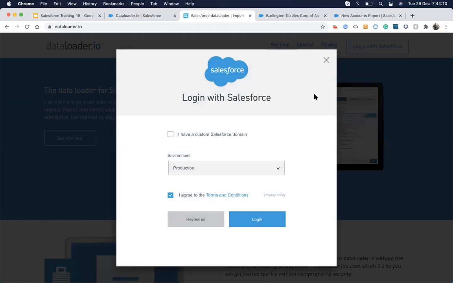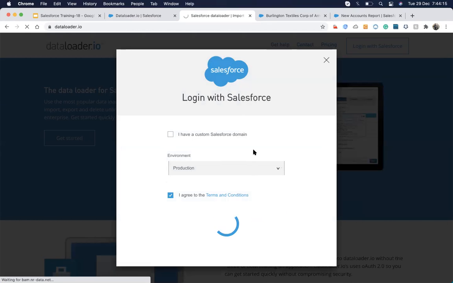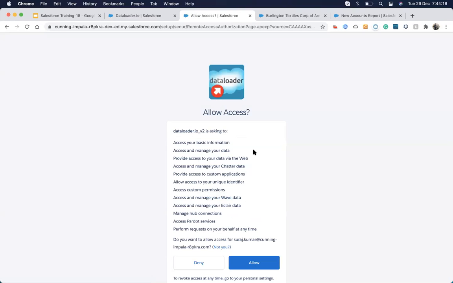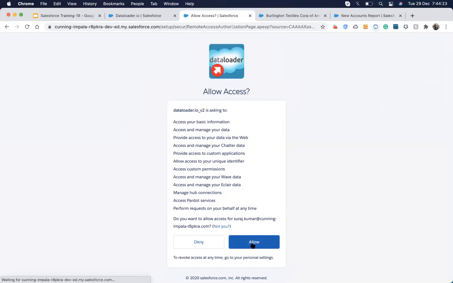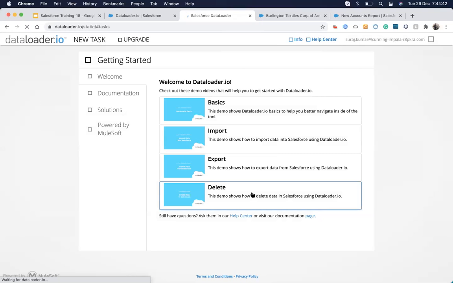Suraj, in real life, what kind of data are we going to be loading? Because everything is saved in the database. In real life, we are loading the data usually when you have got a new org, or suppose a person has recently moved into Salesforce. So whenever it's an initial setup, usually the data loader or data migration task will come up as an initial setup.